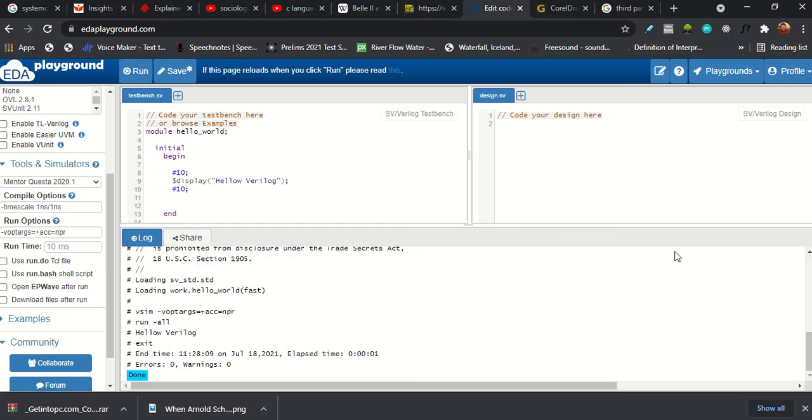Okay, we have run this code. Let us see what the output is. So here is the output, hello world. With this we have finished our introduction to hello world in Verilog, and with this we have set up our environment. Now we can add anything in between this and test our code. We will see in coming lectures one by one. So thank you for following this.